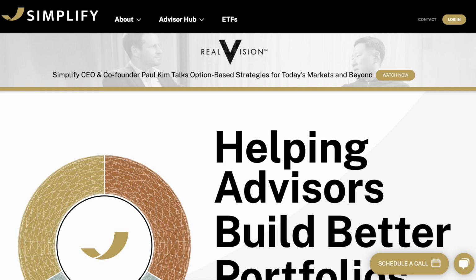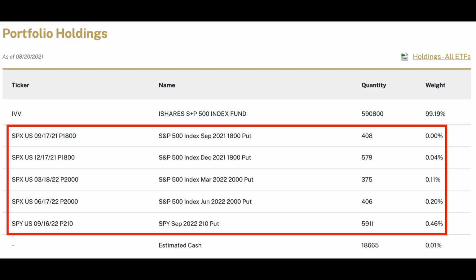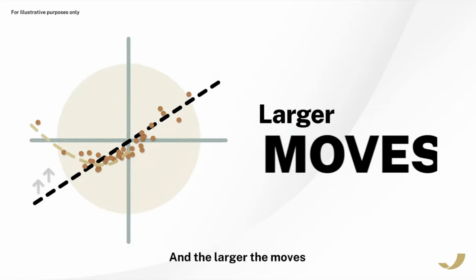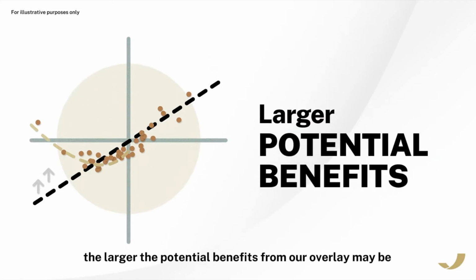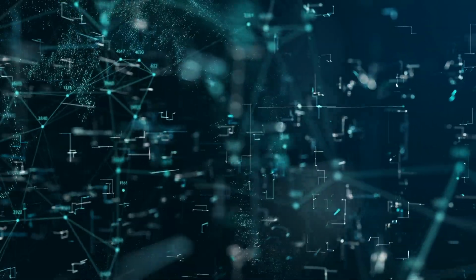Late last year, a company called Simplify launched a suite of ETFs that use options within them that aims to take advantage of extreme moves in the markets. They have one called SPD, which tracks the S&P 500, but within the ETF, it has put contracts as well. So in theory, if the S&P 500 takes a steep and sudden dive, the underlying put options will go up in value and therefore offset the loss that you might have had. All these exotic ETFs I talked about are definitely on the fringe of what the majority of investors would be using. But I think it's just useful for you to know that they are out there and the space continues